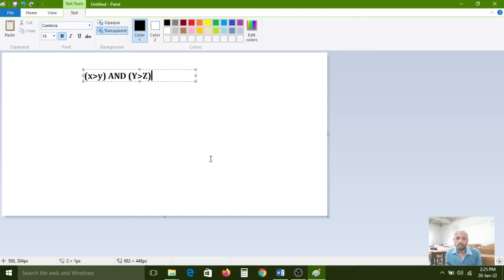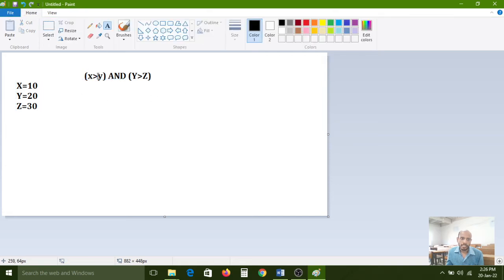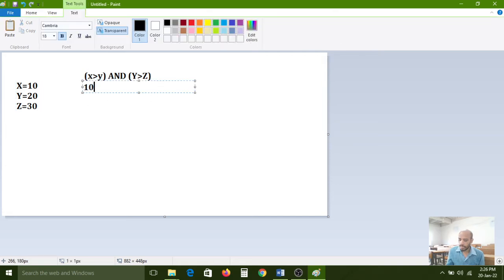Right. So x value is 10, y value is 20, z value is 30. Now x greater than y means 10 greater than 20, and y greater than z means 20 greater than 30.